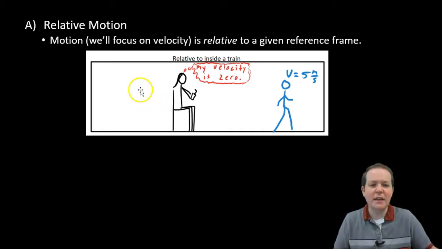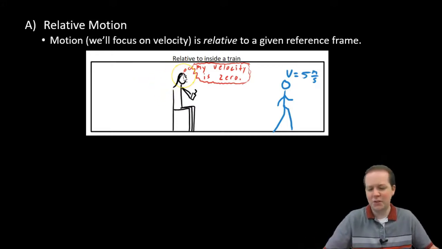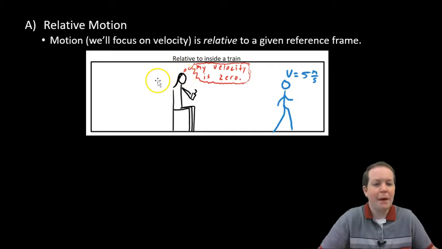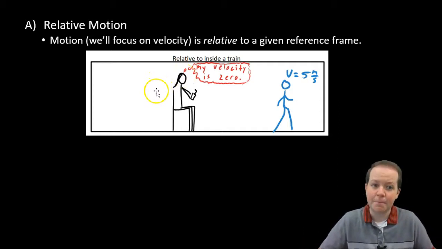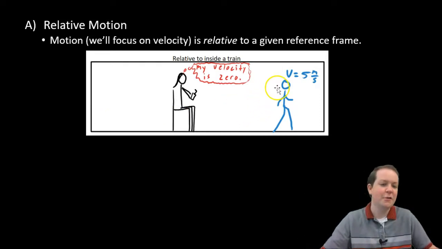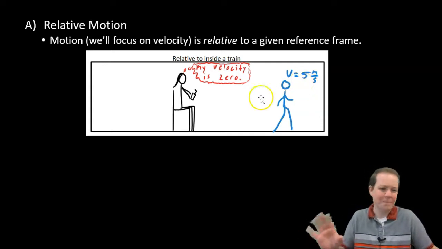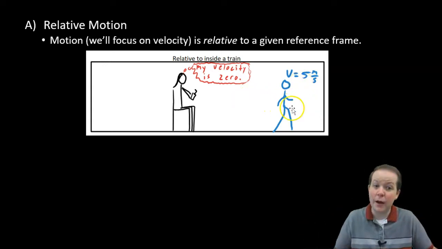Here's what I mean. Let's say we're inside of a train. That's what this diagram here is representing. If we were just sitting still in a chair, we would probably say something like, I'm just inside the chair on this train. My velocity is 0. I'm just sitting. If we saw somebody walking down the hallway of the train, well, okay, they're probably not moving too fast. Maybe 5 m/s, still too fast to be walking, but they're just moving down the train.